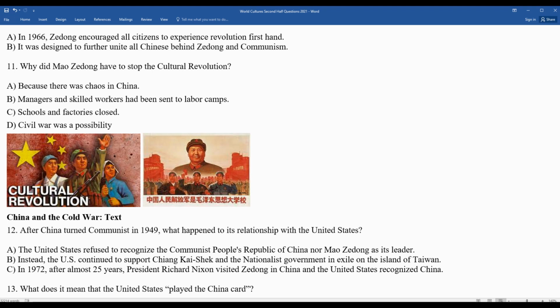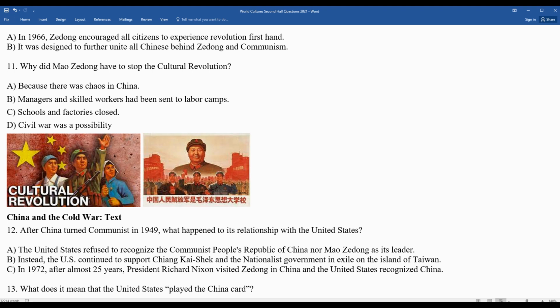Just to clarify and explain a little bit more, from 1949 through 1972, the United States did not trade with China. Americans could not travel to China directly from the United States. A good way to compare it in more contemporary times would be the United States' relationship with Cuba. From 1959 through the Obama administration, the United States had banned all trade and travel with Cuba because they were communist and oppressive to their people. The United States felt that Mao Zedong was not the rightful leader and that communists were oppressive to their citizens in China, so they did not recognize China for that period of time.